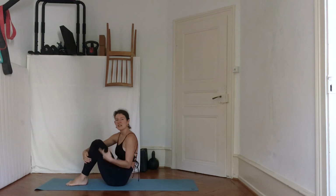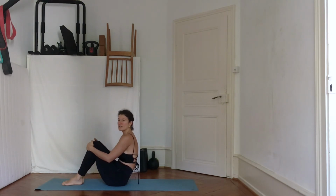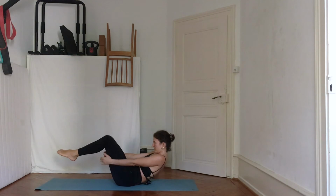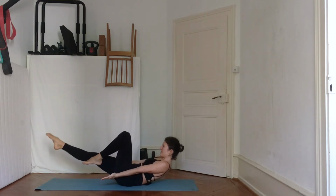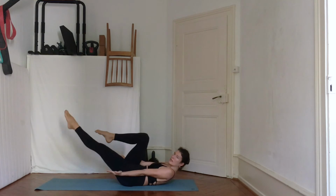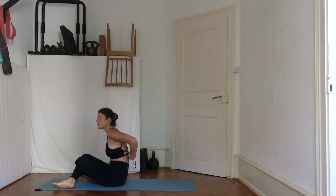And in a hollow body, we also got the rocks. So I'm going to show you quickly. Easiest version is staying in this tuck and rocking back and forth. And then a little bit harder is straightening one leg, going back and forth, but then you would need to change after 5 reps and do the other leg. And if you can do the full hollow body,